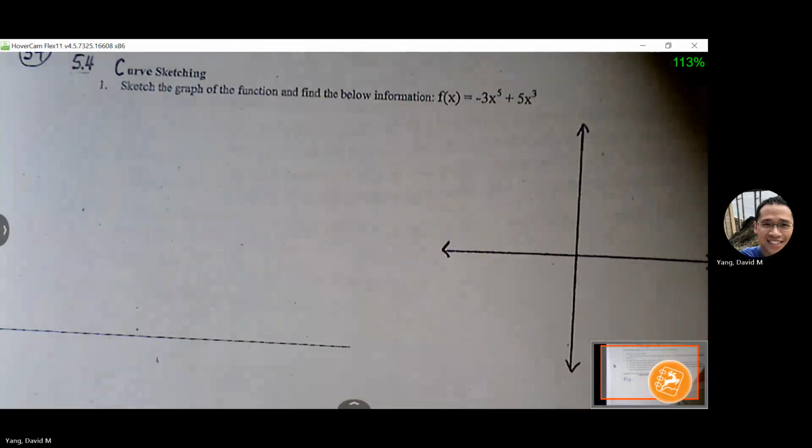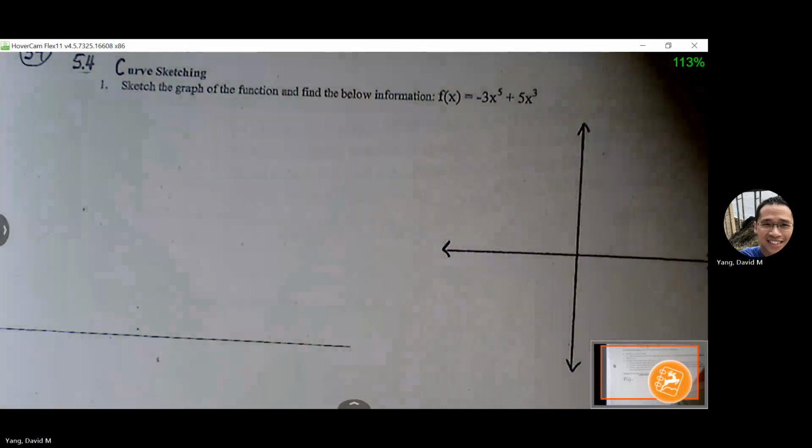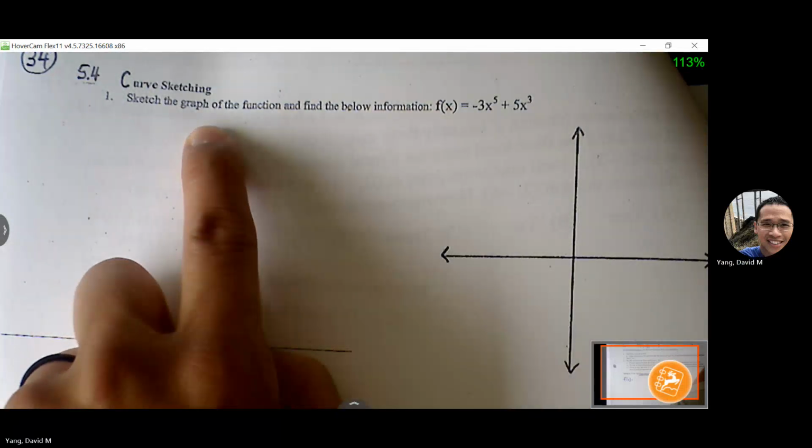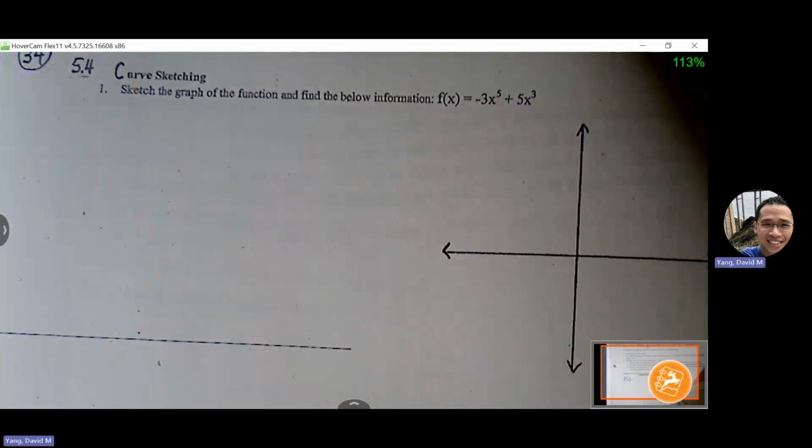Okay, so we'll start off with a polynomial. Polynomial is a little bit easier. There's less issues with it in terms of things we can pull from a graph, but